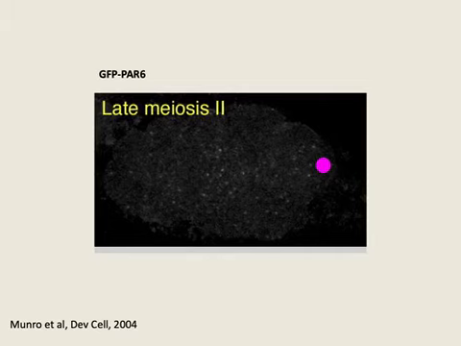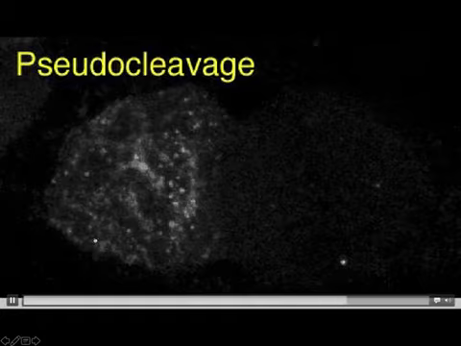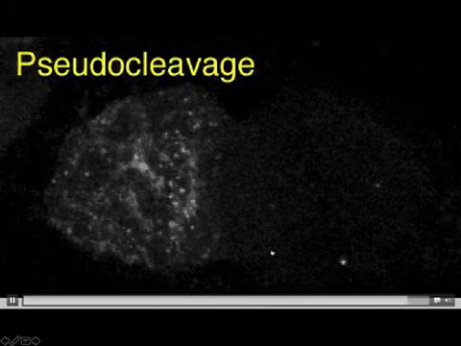So in this movie, we're going to be looking at GFP PAR6 as a first entry point to understanding the dynamics. In other words, how is this asymmetry established? So what's the phenomenology to begin with? So it's at the core, and here's the pseudo. Okay, so this may not be the most striking thing, but it's pretty clear actually what happens